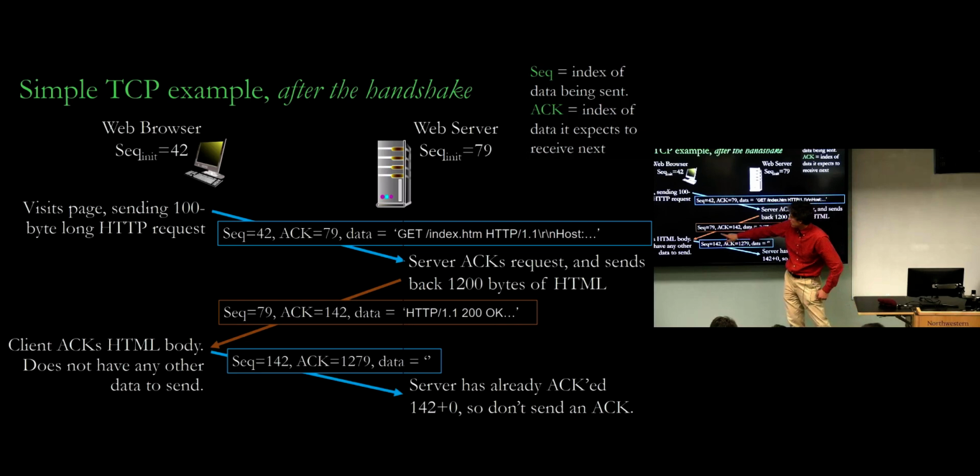The TCP headers in this case are going to have sequence number of 79, because this is the beginning of the data stream in this direction. Right? So it's starting at the beginning for the web server. And acknowledgement number is 142, because this request happened to be 100 bytes long. Forgot to say that. So if this GET request was 100 bytes long, it's saying that I'm sending you something that starts at the beginning of my data stream, and I'm acknowledging that I've received everything up to 142, which is 100 bytes past the beginning of the sender side. Okay.